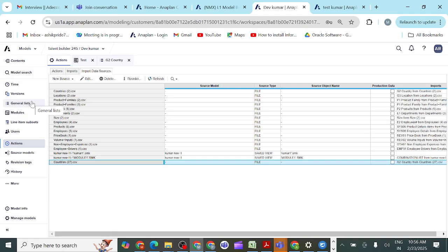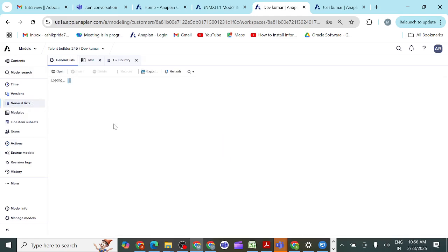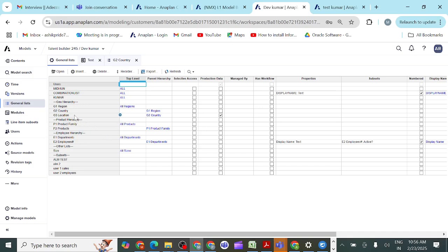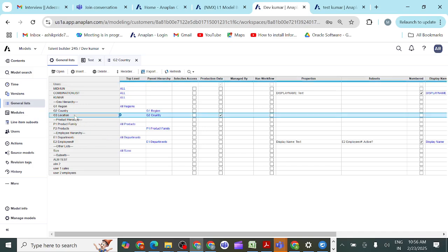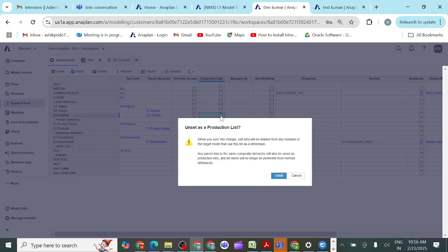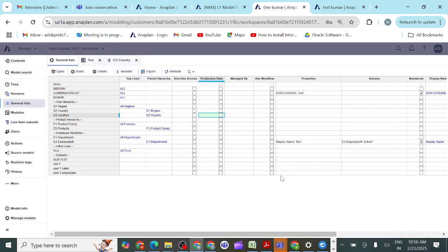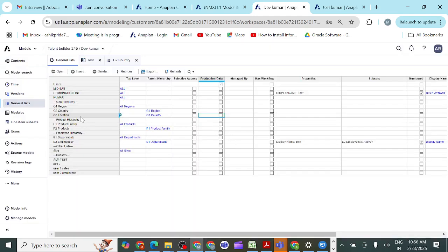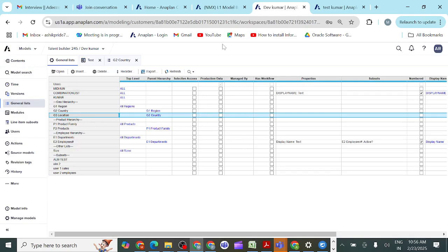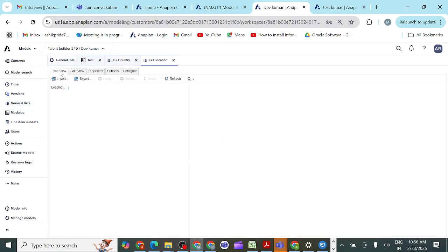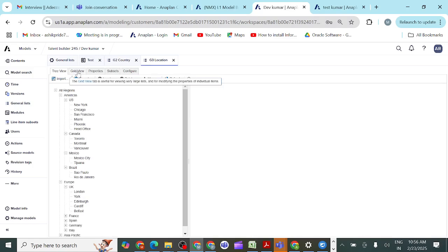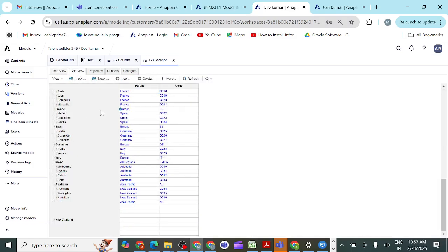You can see. Do you have any production list here? If I remove the list as a production list, in dev and prod environments we have almost 41 or 43 locations. So if I open this one and delete one item,